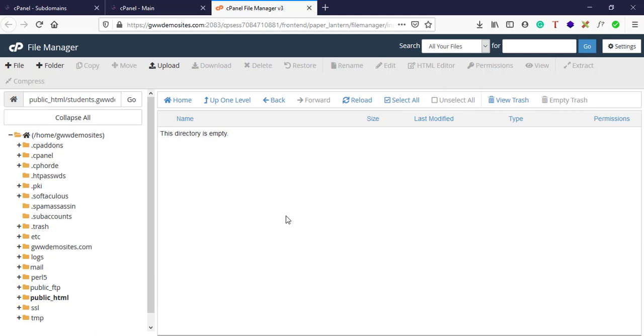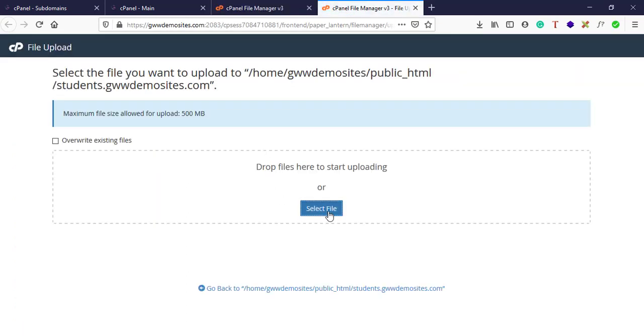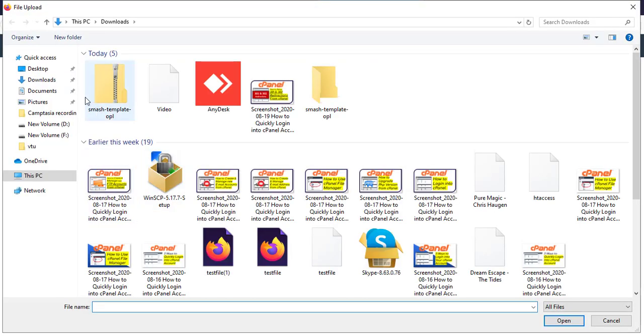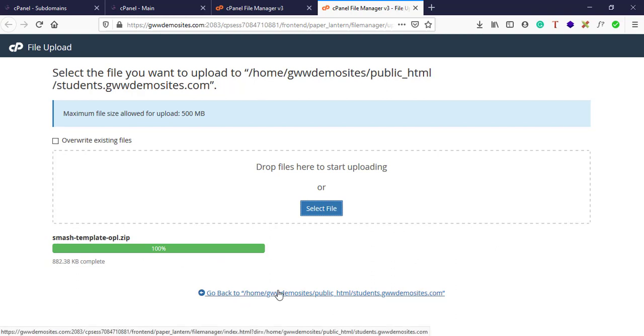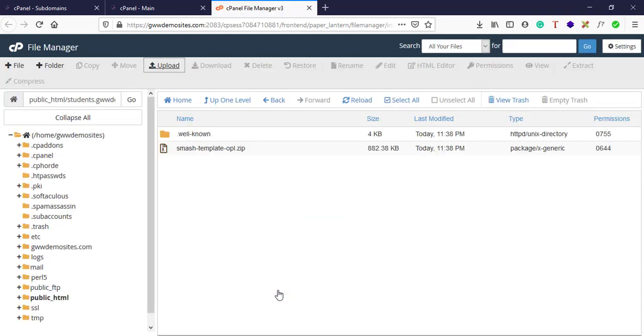I just downloaded it from a website online, and I'll share the link in the description below as well. Just click here, select files. It's just a simple one-page HTML site. You need to upload the zip file and then go back.